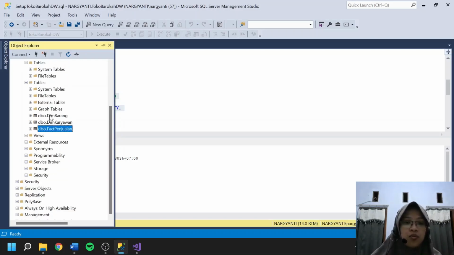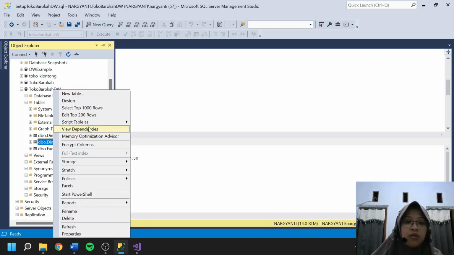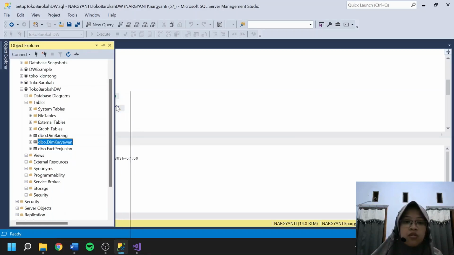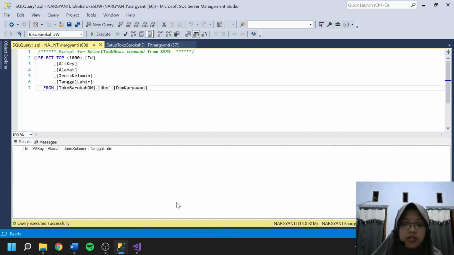So we have to import the .csv into dim karyawan. But before that, we do select top 1000 like this. The data is still empty. So we have to import the data from .csv into this table.